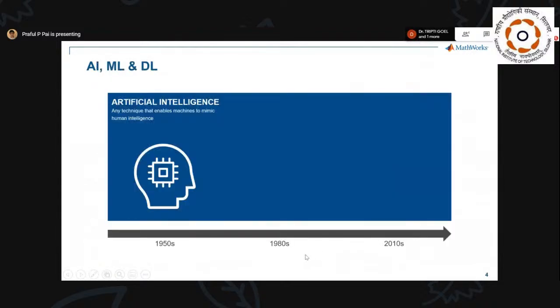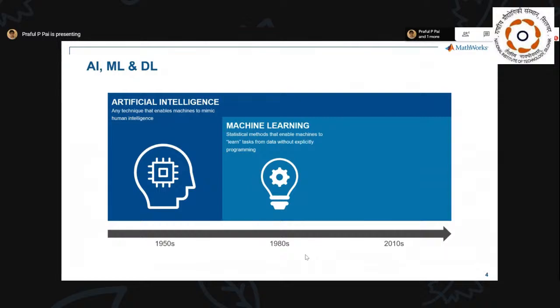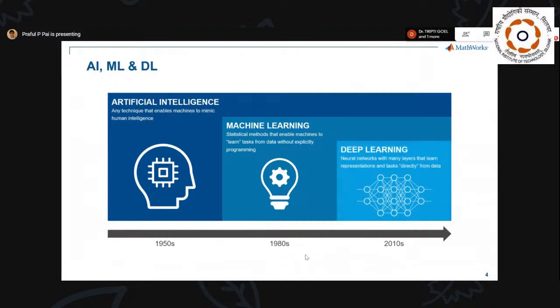To begin with, deep learning is the key technology driving the current AI megatrend. The origins of artificial intelligence date back to the dawn of computing itself, right back to the 1950s when the first computers were born. The Turing test was put forth by Alan Turing and so on. That evolved to machine learning around the 1980s, which primarily involves statistical methods that enabled machines to learn tasks from data without explicit programming. And finally, deep learning, which is a subset of machine learning,